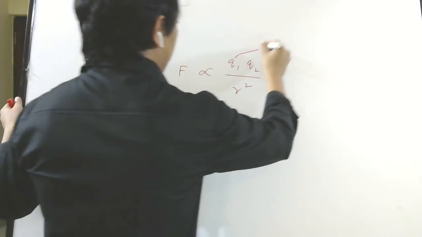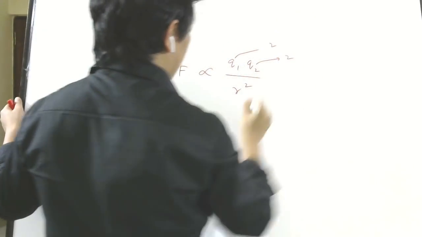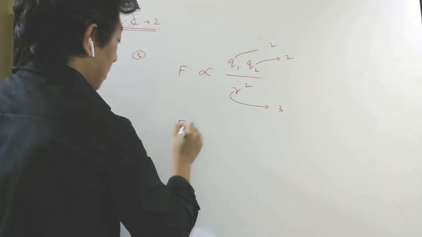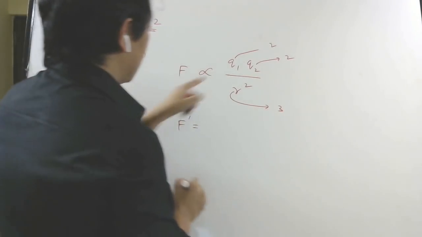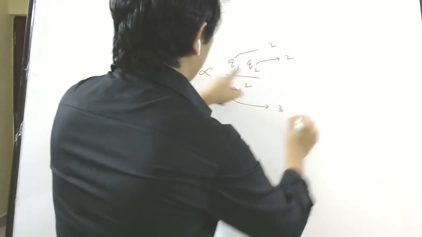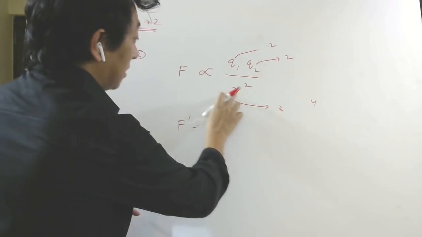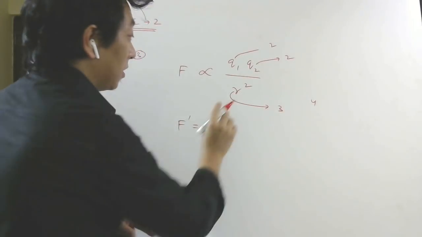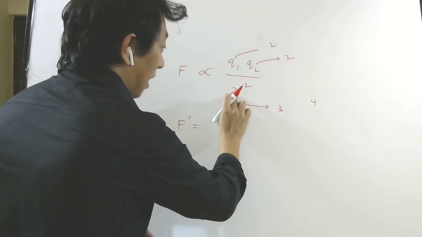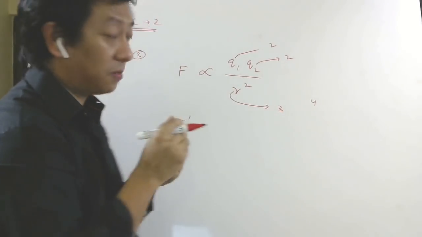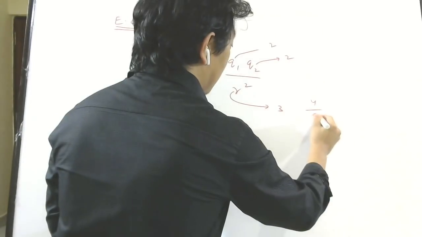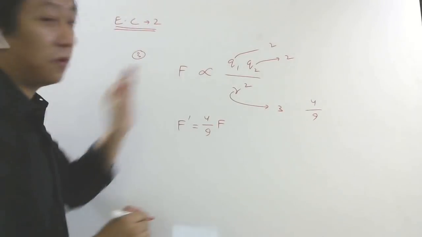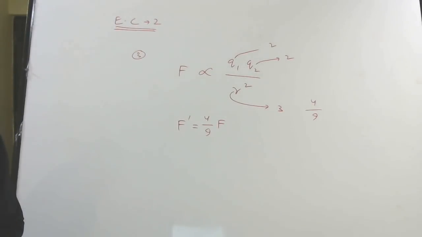So you know this is doubled, 2 times. This is also doubled. And this is tripled. R is tripled. So the force will be, how many times will it increase? F dash. This is double, so there will be 2 into 2, 4 in the numerator. R is tripled, but this is R square. This square is not for decoration. Okay, so since it's R square, if you triple R, then R square will become 9 times in the denominator. So the force will be 4 by 9 times the old force. So this way if you do, your answer will come very fast.